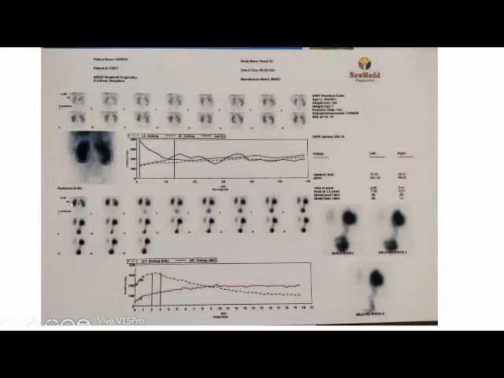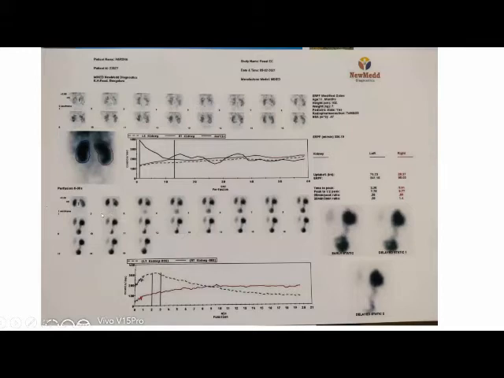And coming to the excretion graph or the excretion films, ideally you say that the hydration is adequate and the renal function is good if we see the kidneys in the first 1 to 2 minutes. In this film you can see that the kidneys are shown up; this is 1 minute per frame. So in the first film and second film you can clearly make out the renal parenchyma. So it means that the renal perfusion is actually good.